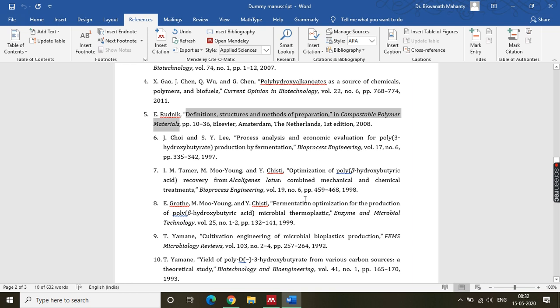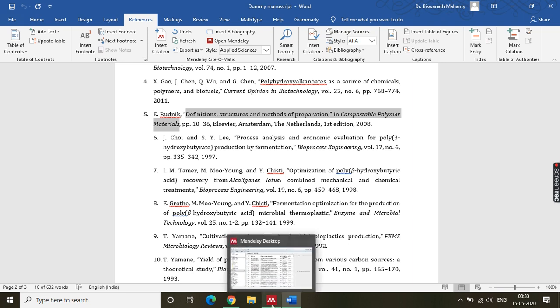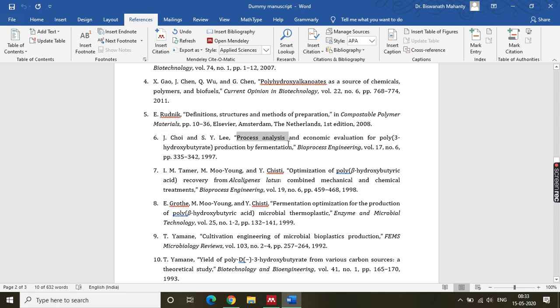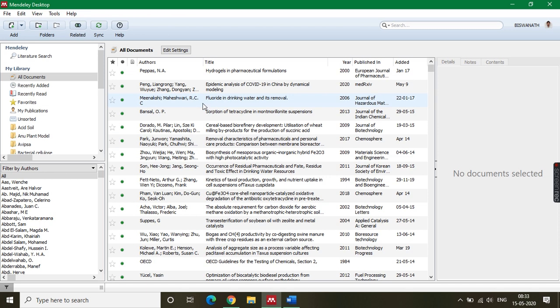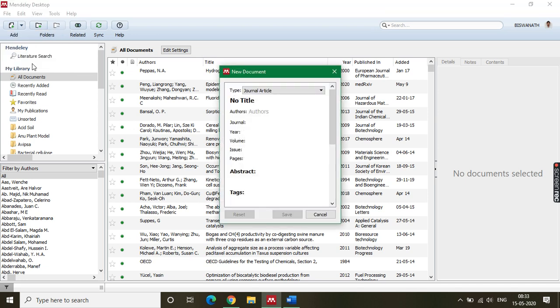And the third method I will tell you, which is actually called manual addition. For example, I want to add this one manually. Okay, let's see what is called manual addition. You don't need any internet for adding manually. So for example, this paper I want to add. Okay, just copying this information. Let's see the manual addition. Here, another option, that is the third way of adding any manuscript, is add entry manually.